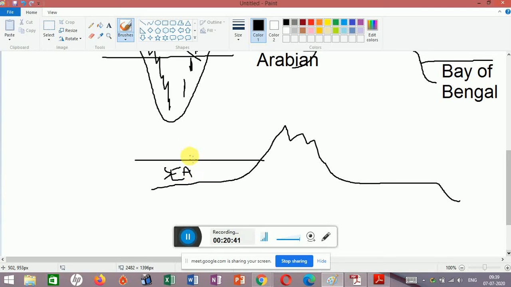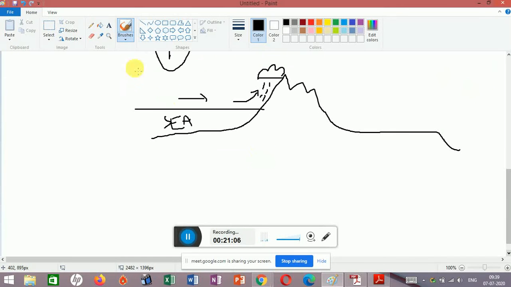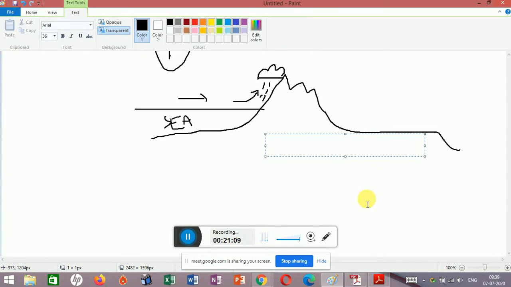So rain-bearing wind from the Arabian Sea is forced to rise along the slopes of the Western Ghats, and when rain-bearing winds are forced to rise upwards, they are cooled down, clouds are formed, and there will be rainfall here. Okay, and such type of rainfall is known as